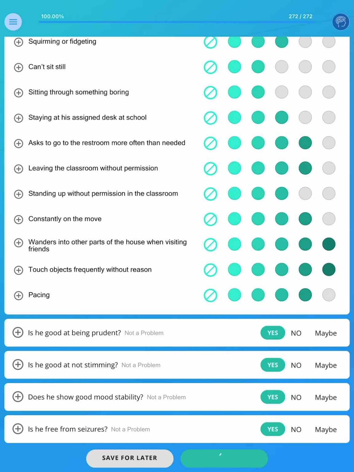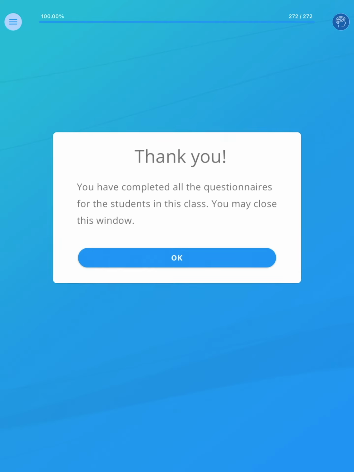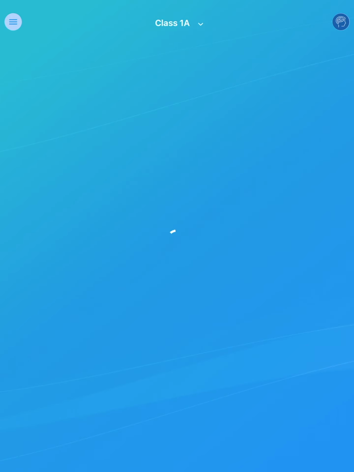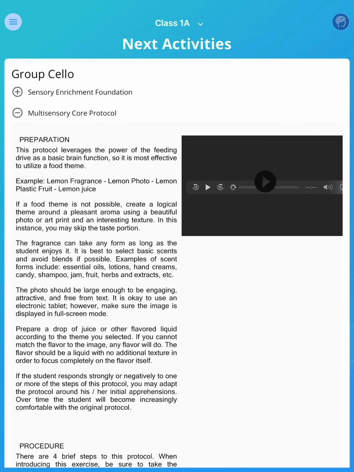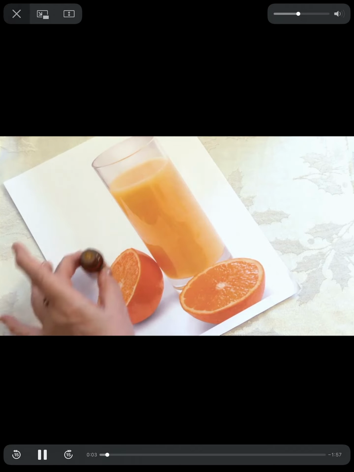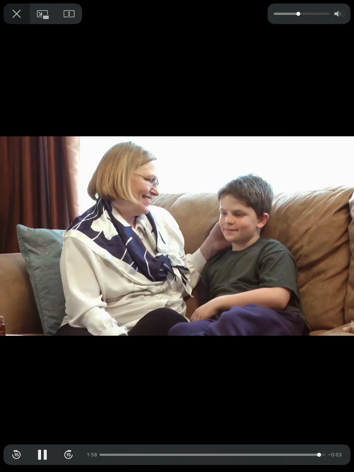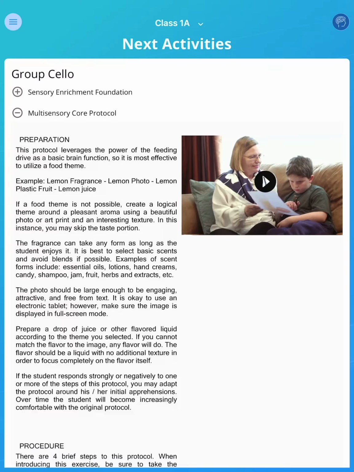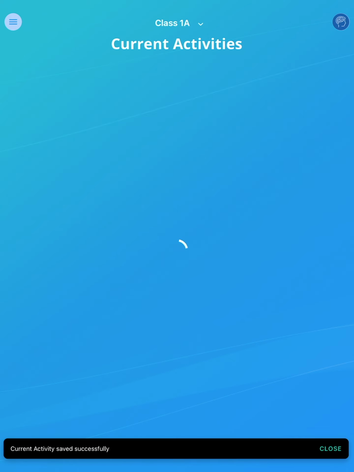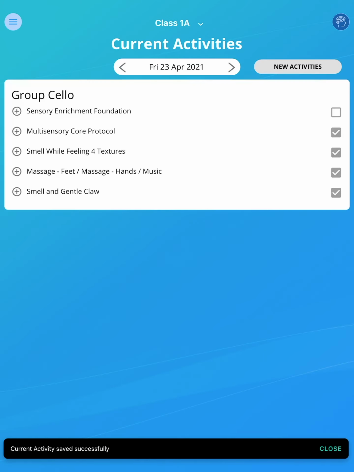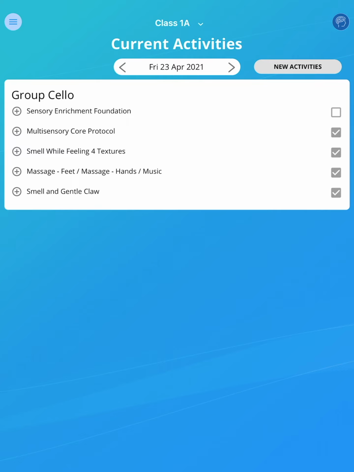We now have all the profiles completed, and we can have a look at our first set of enrichment activities for the whole group. Each activity has a video demo and text instructions, along with the materials you need for each game. Once the worksheet has been created for the group, we can go ahead and release it for them. If you want, you can use our tracking features to report when students did or did not follow the activities.